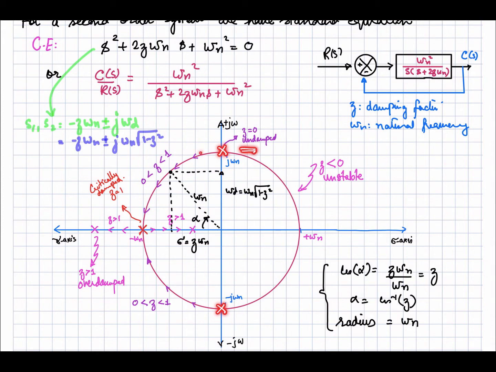But if we increase zeta, let's suppose some value of zeta, our poles will move over here, and they will be a complex conjugate pair. If we further increase zeta, our poles will come, let's suppose, at this position, and if we keep on increasing zeta, our poles will move towards the real axis, and finally when zeta is equal to 1, both of the poles are at this position, and our system is said to be a critically damped system, right?